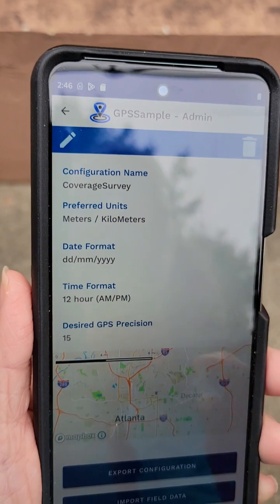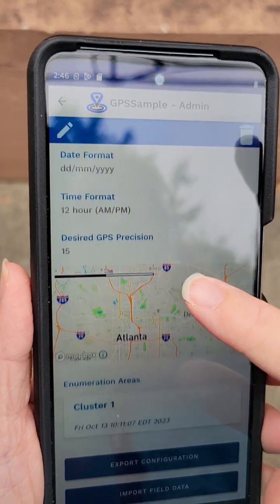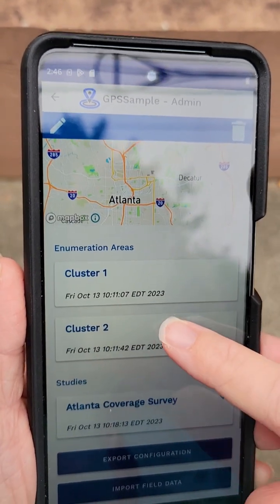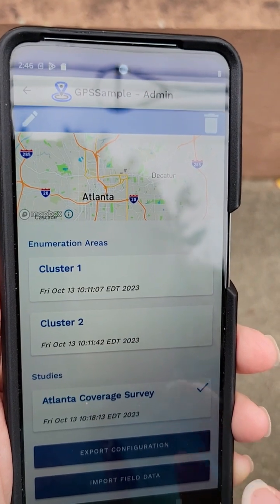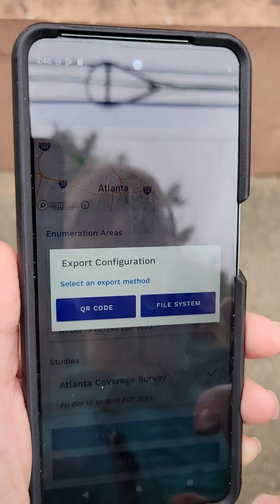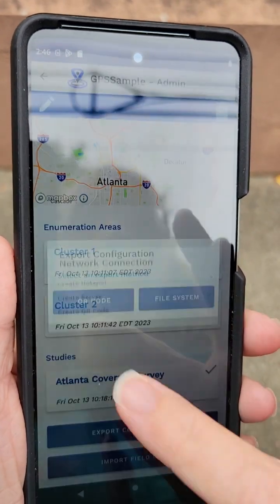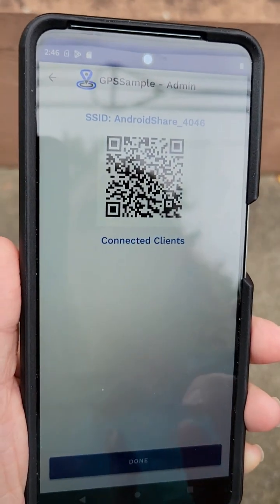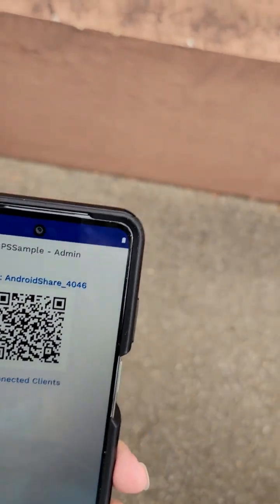It's this coverage survey. If I tap on it, you can see here that it has the clusters and it has the name of the Atlanta coverage survey here. So I'm going to export the entire configuration to Louie. I'm going to press export and then choose the QR code method. All right, so it's ready. And now Louie, over in his screen,